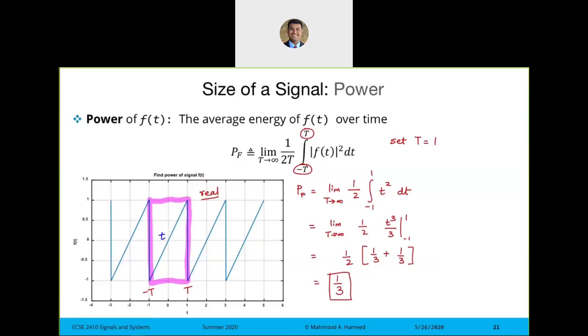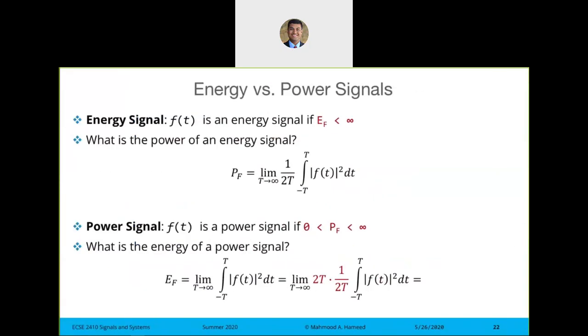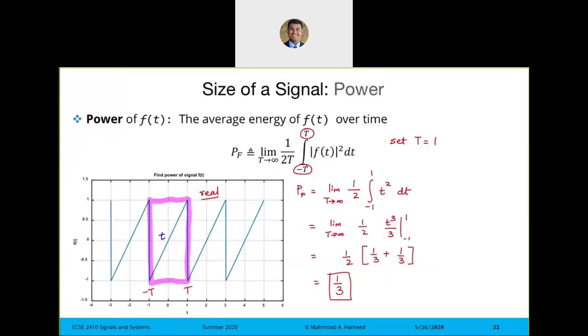Now, because we are out of time here, we'll revisit the classification of energy and power tomorrow morning. So we'll pick up on slide 21. I'll work through this again with you on slide 21, and then we'll continue from here in tomorrow's class. So let me stop the recording here, and if you guys have